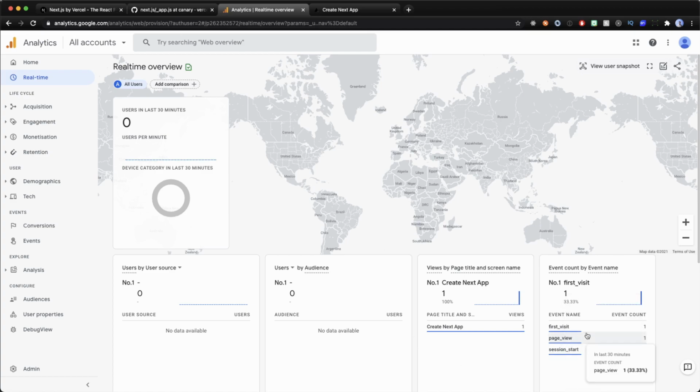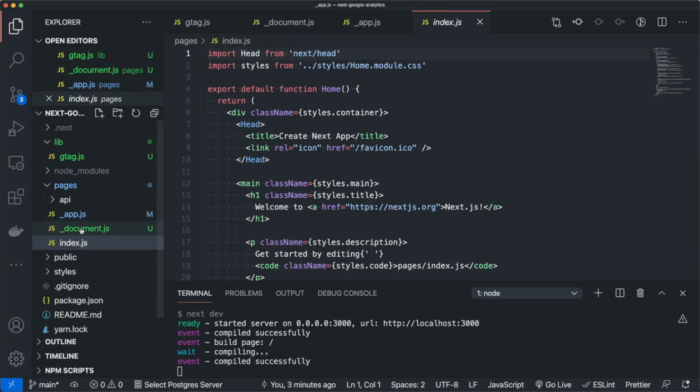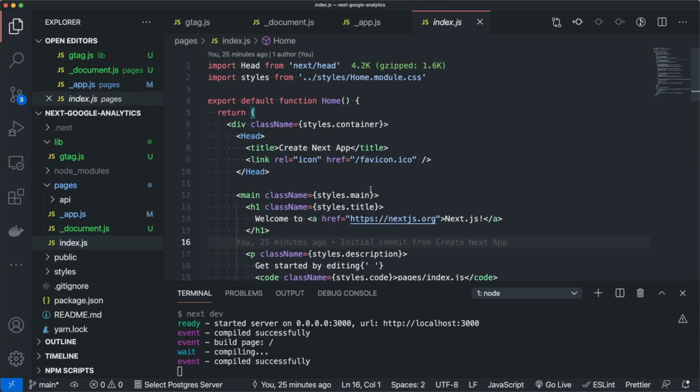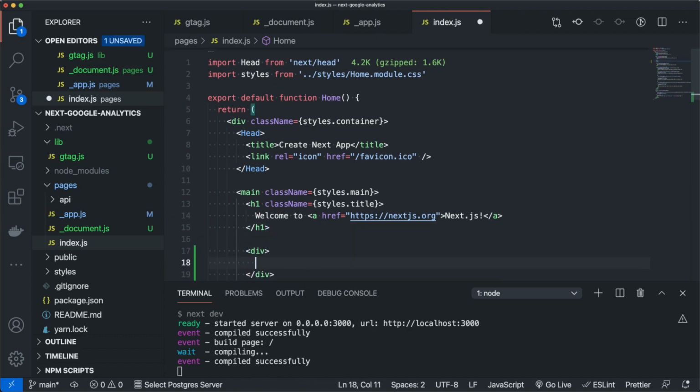So here we can see that the first event, page view and session start events were triggered, and the page with title create next app was open, so the front page. Now let's look at how we can send custom events to Google Analytics. So let's flip back to VS Code, and here I'm just gonna open up the index.js and add a simple button to the page